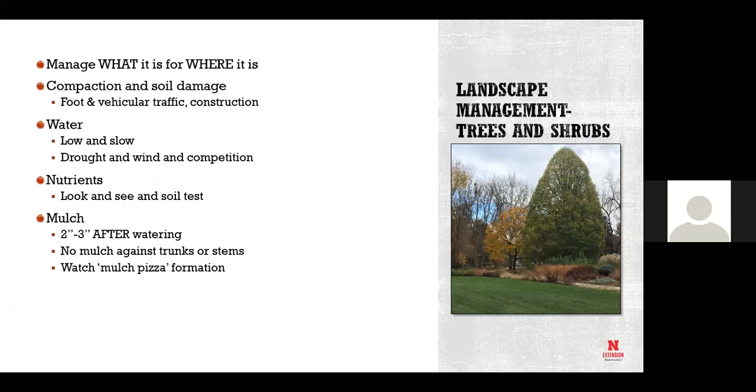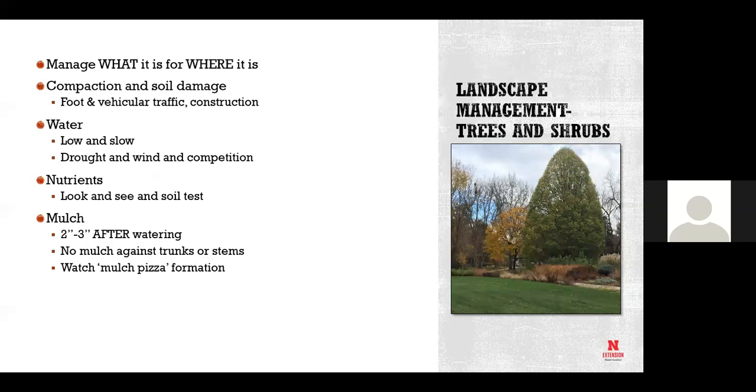You also have to know the shape of the tree. For an example, I have a little leaf linden in my backyard. Well, the people that lived there before, they limbed it clear up. I mean, it's 12 foot off the ground. I would never limb a linden up that high because they have such beautiful, graceful limbs. I would have let it come down, but this one in the picture is an example of proper height. But know what that tree is supposed to look like. Go online and find those good sources to figure out what that plant's supposed to look like when it's mature.